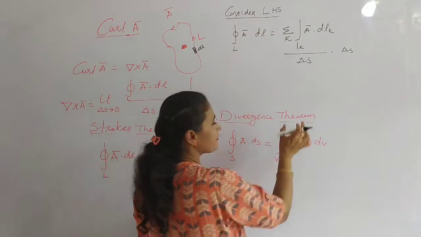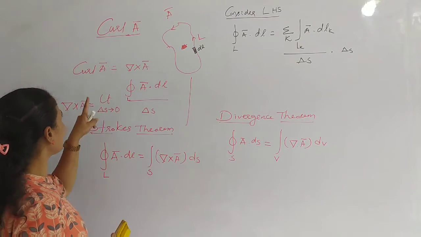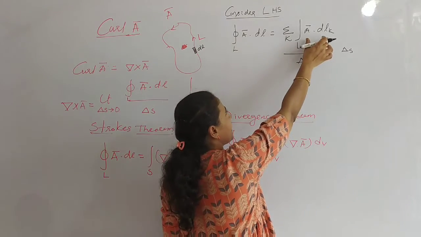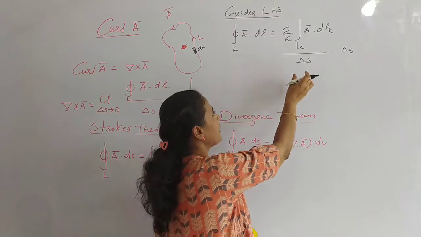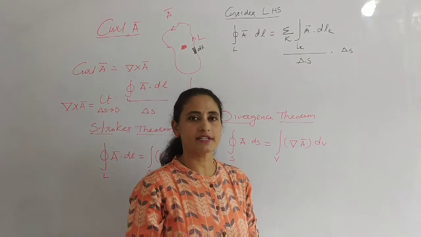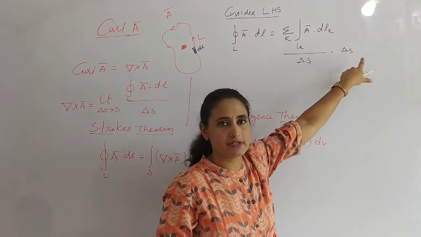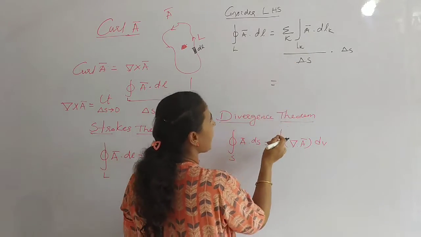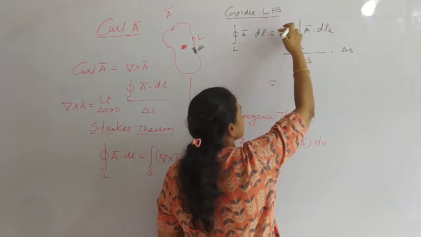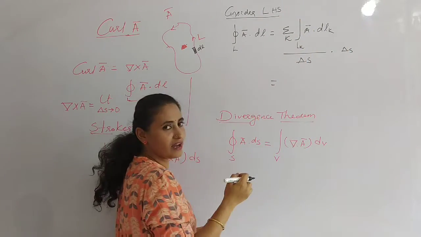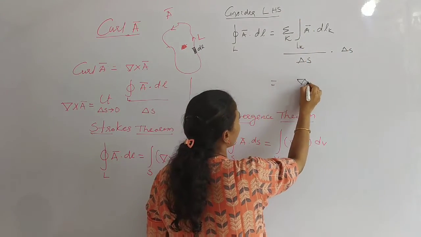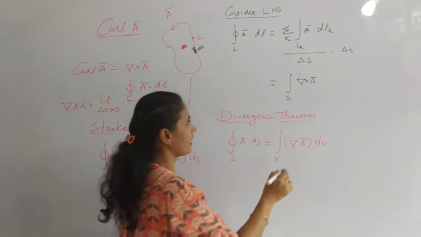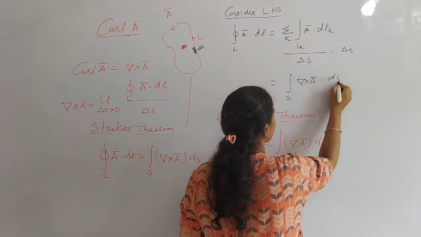Have you gone through this formula before? Yes, while defining the curl, we have seen this formula. This is nothing but the maximum circulation of the vector field per unit surface area, as the unit surface area approaches 0. So this can be written as the curl of A bar, per unit surface area, in a surface integral. This delta s can be written as ds.